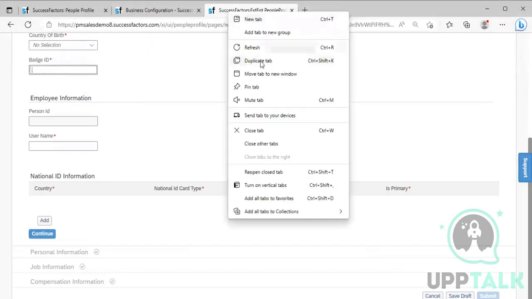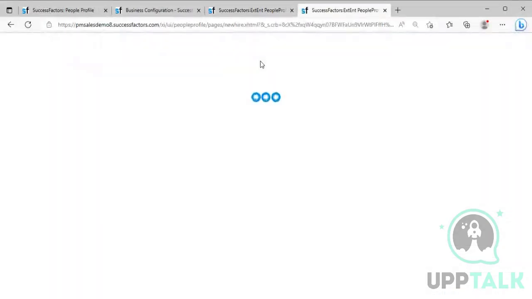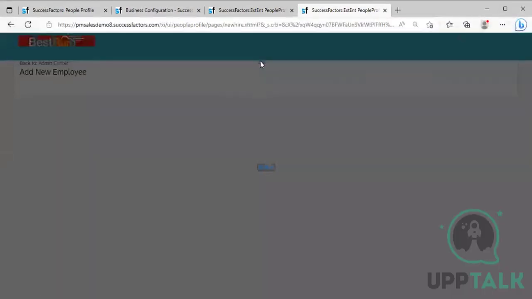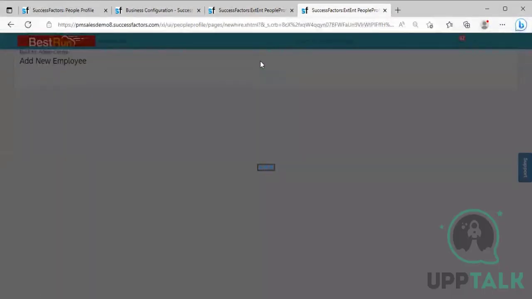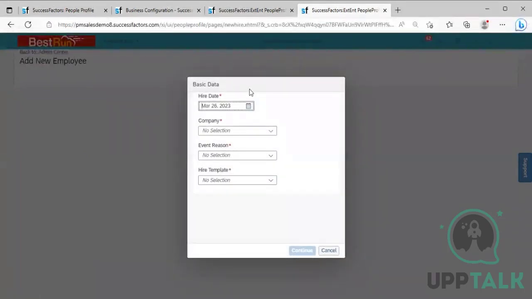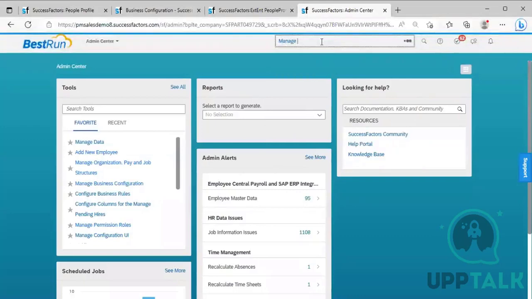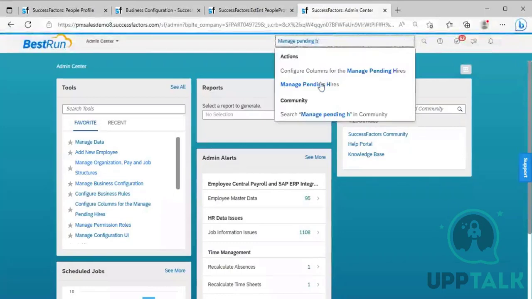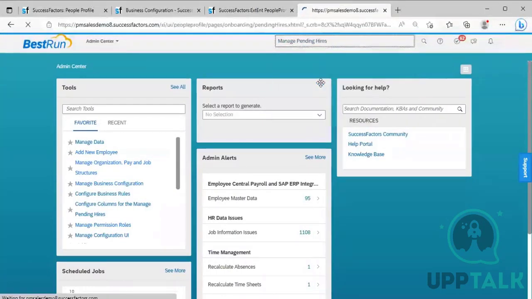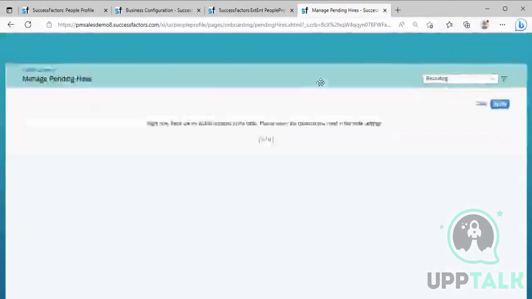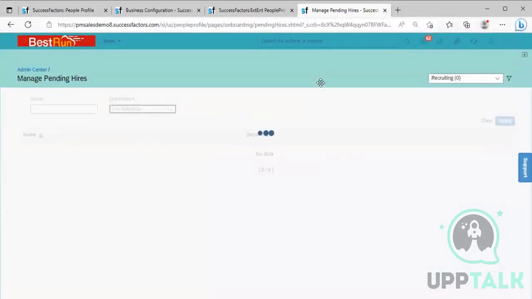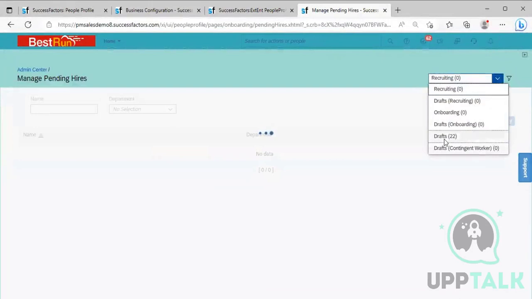When you saved as a draft, you can go to manage pending hire. After saving as draft, I am showing you so that you will not lose your data, whatever you have created. And after going into manage pending hire, go to draft,